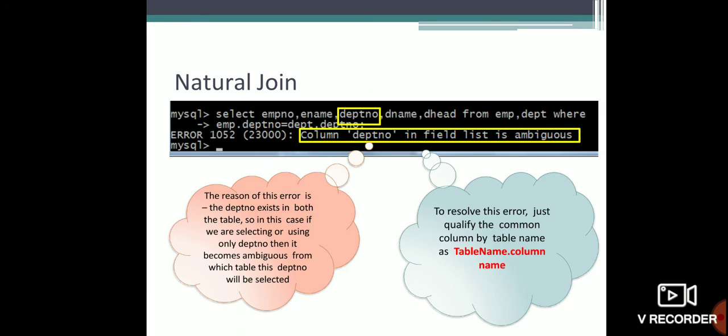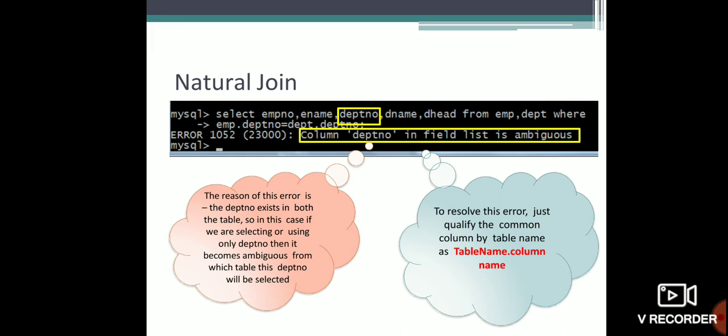Next, natural join, you can see here also: select employee number comma ename comma department number comma dname comma d head from employee comma department, where employee dot department number equal to department dot department number. Here the column department number in the field list is ambiguous, because department number is the common column used to combine two tables, so it won't produce the output.